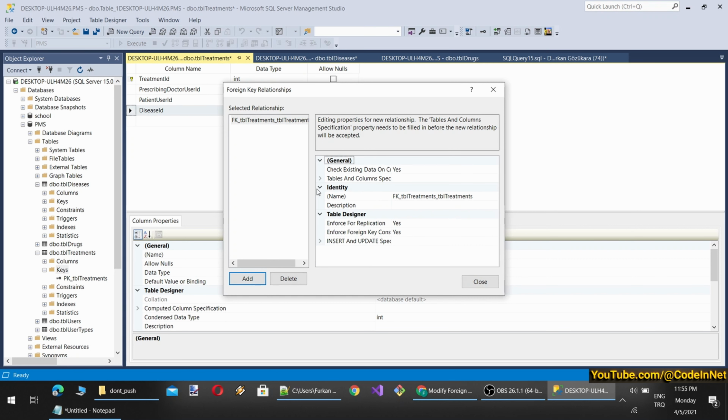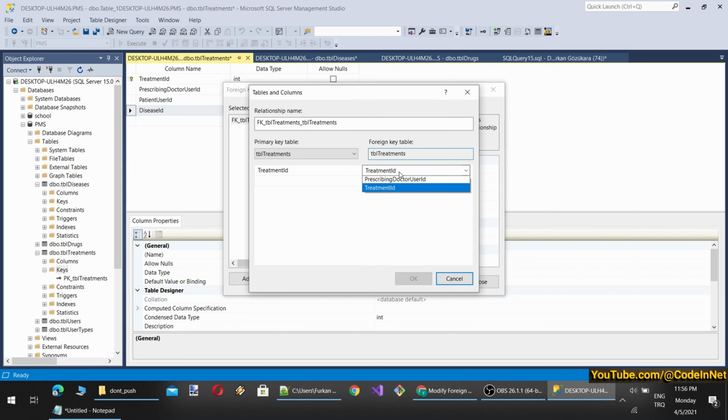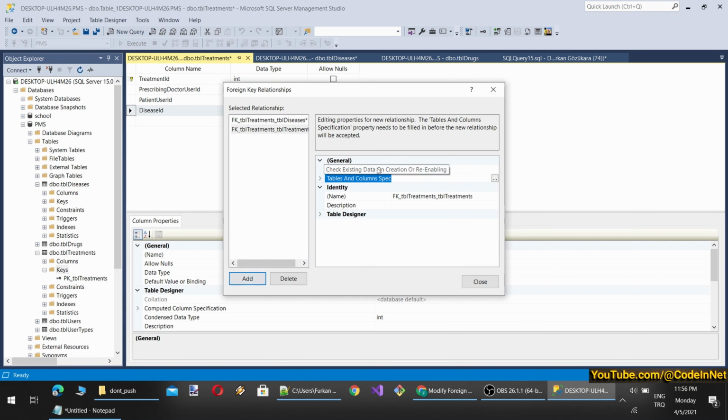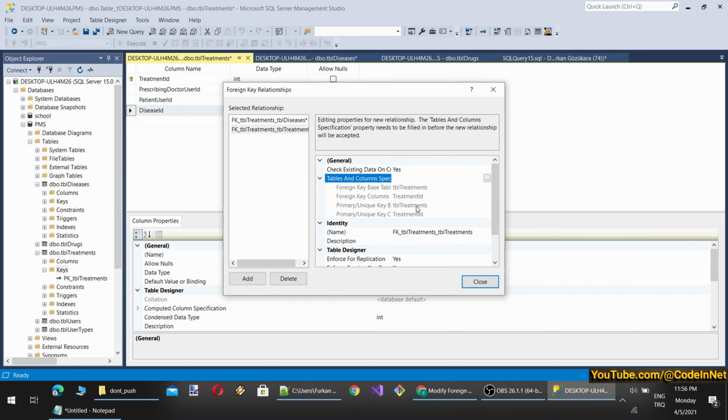So let's start. Okay, here foreign key table will be disease ID and disease ID done. And another one. Okay, you see enforce for replication for foreign key constraint. That way, you won't be able to add a non-existing disease ID to your treatment table.